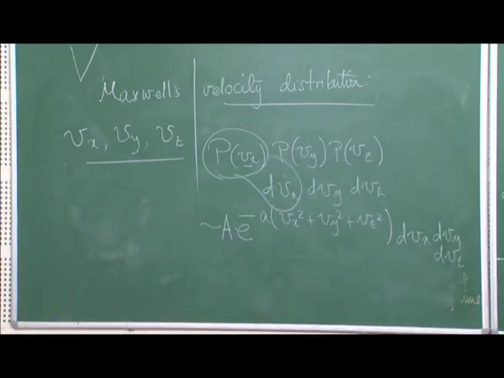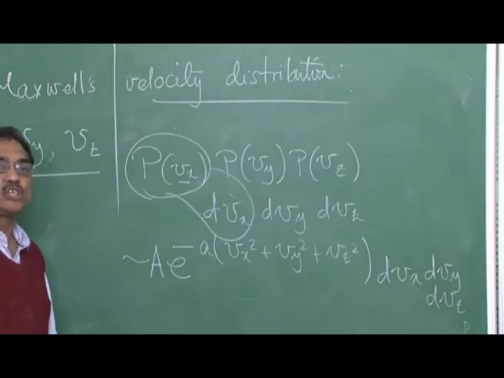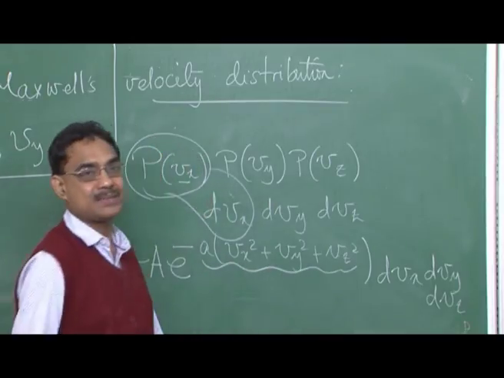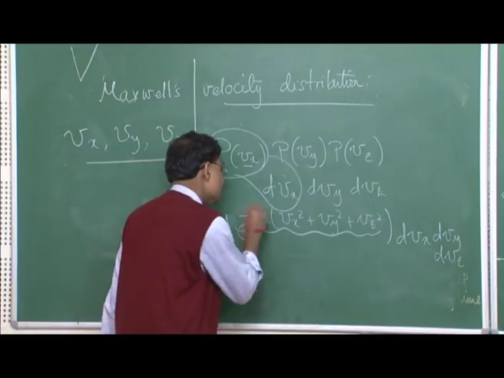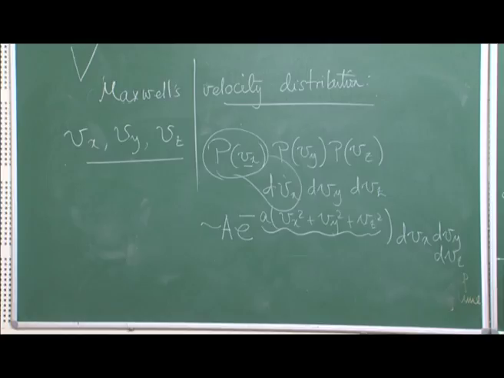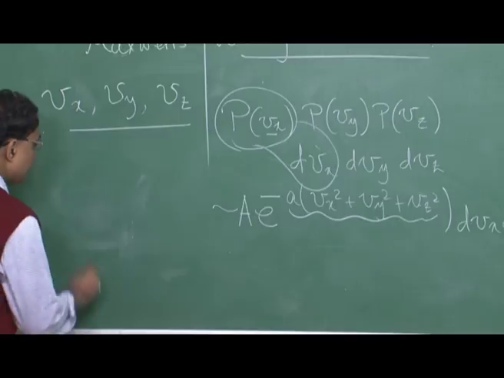If I write something in the exponential, V already has some dimension, so A should be such that the whole quantity is dimensionless. I am not telling you what A is, but the whole quantity as a whole should be dimensionless, and there is also